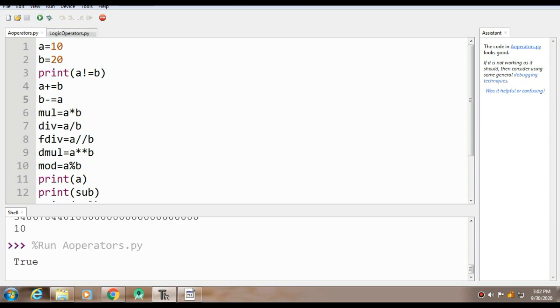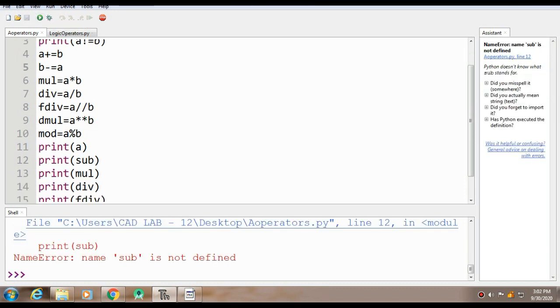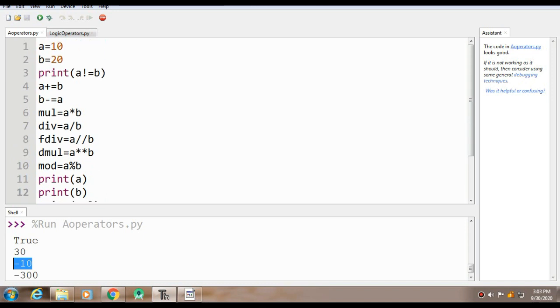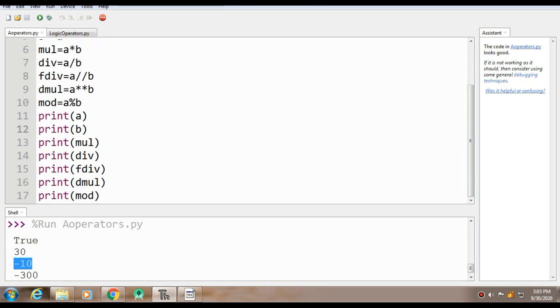When I execute it, sorry, here I have by mistake written sub, so I'll use B now. I'll save it, and when I execute it, you can see the answer has now changed. So these are the ways in which you can use your assignment operators.